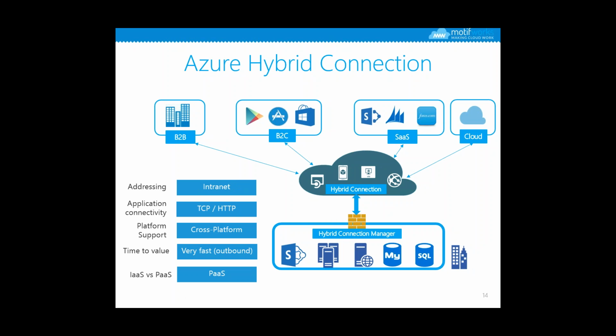Hybrid connections, you can think of it as an enhancement over Service Bus Relay technology. It again relies, very similarly to Service Bus Relay in terms of connectivity options, on very fast outbound connections. And the advantage with hybrid connection is that it's cross-platform. So instead of only being limited to .NET, as in the case of Service Bus Relay, here you can leverage Java, .NET, PHP, Node.js, and various technologies to connect to your on-premise data sources. And that is what we will see in the demo today on how we can leverage Azure Hybrid Connections.